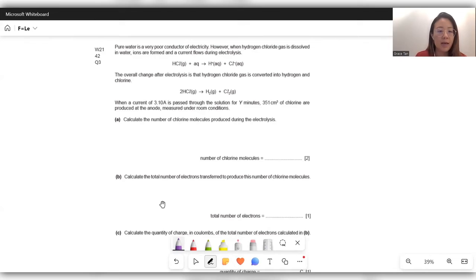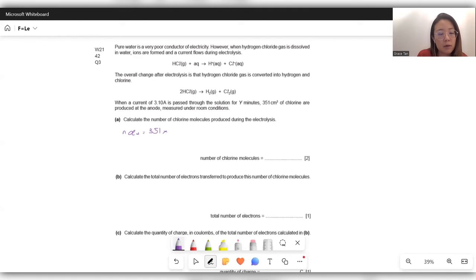produced at the anode. So anions move to the anode, chloride moves to the anode to form chlorine gas, and it's measured under room conditions. Calculate the number of chlorine molecules produced during the electrolysis. When you see number of molecules, you should know that they want the Avogadro constant to be used. So first we will calculate the number of moles of chlorine gas. So n of Cl2 is